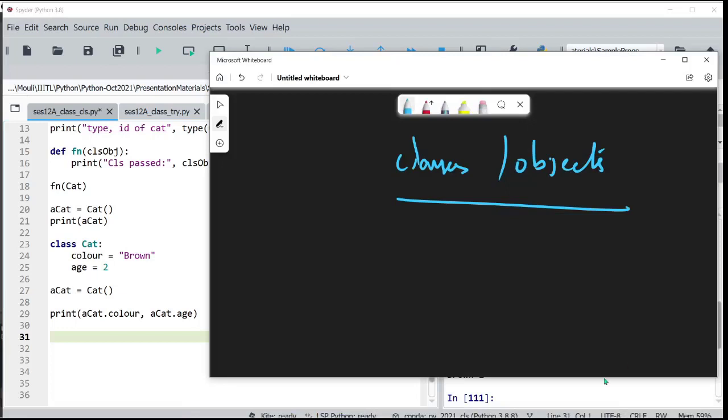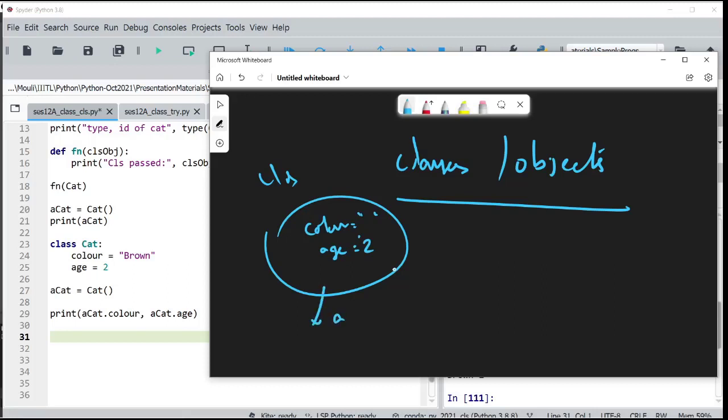We have created class level attributes called color and age. They have been assigned this string brown, and 2, this object 2. Now when I instantiated a cat, it got the same color and age with the same value. They are still pointing to the same thing.